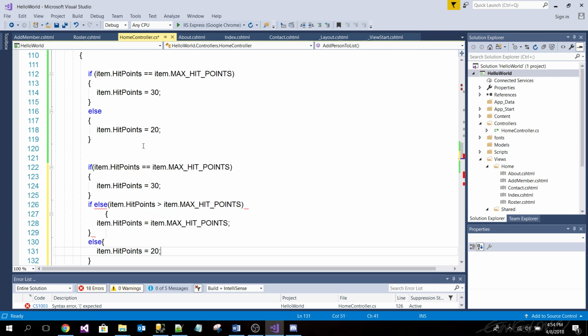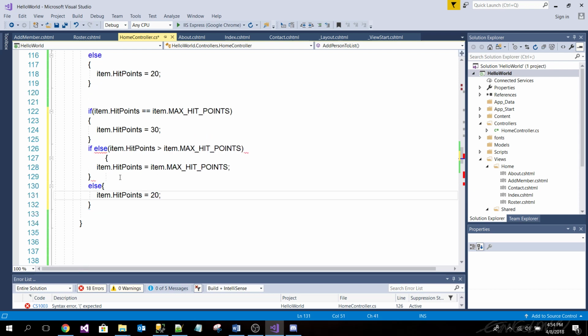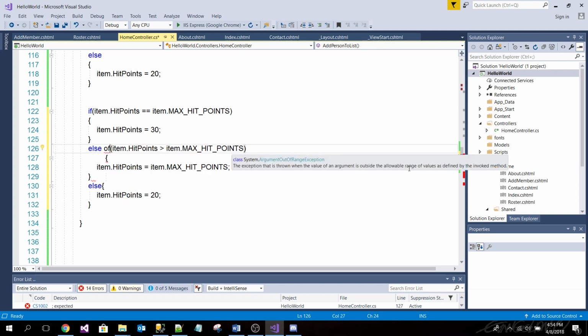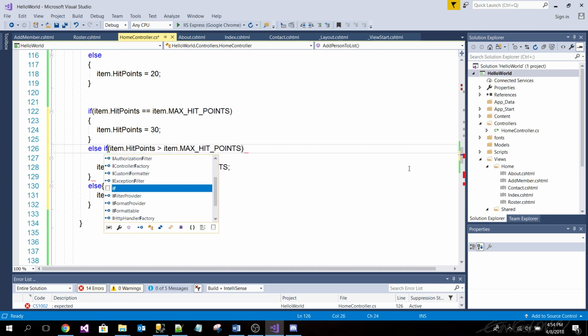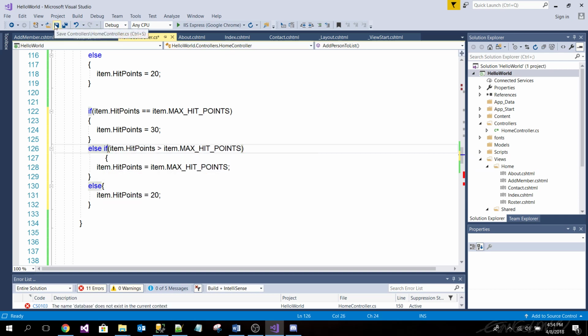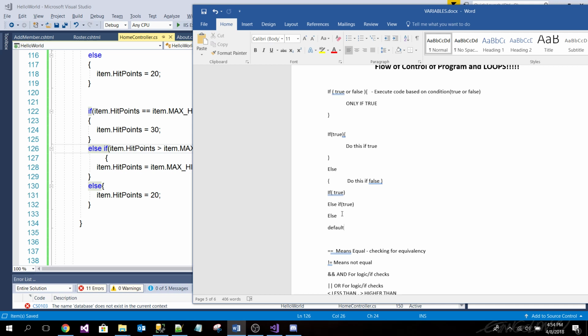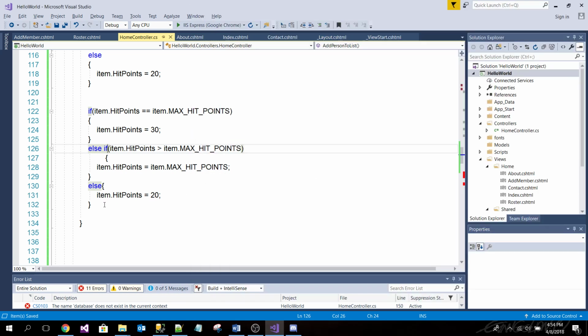Again, I'm just throwing logic at you here. Oh, actually, it's an else if statement. That's what it's called. Else if. Okay, so you see I'm throwing logic at you here.